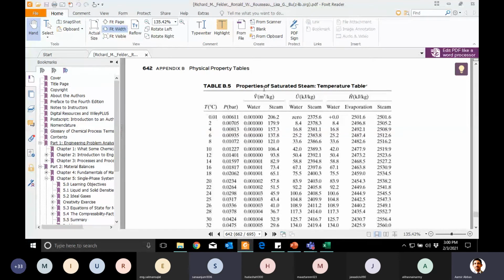Specific volume, specific internal energy. But before that, if you just read its title, like here it is mentioned, the caption of the table,